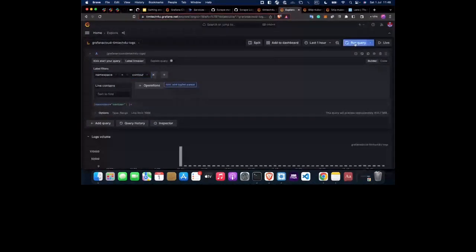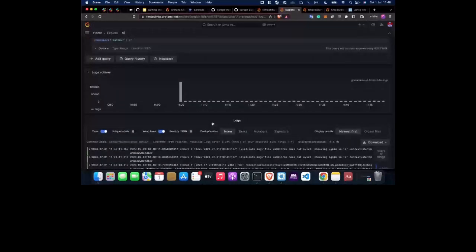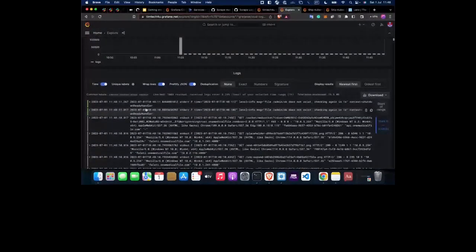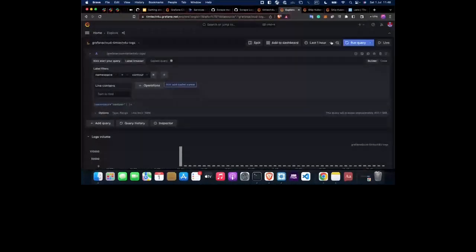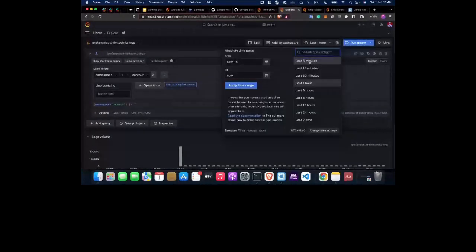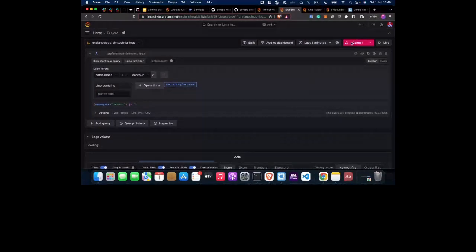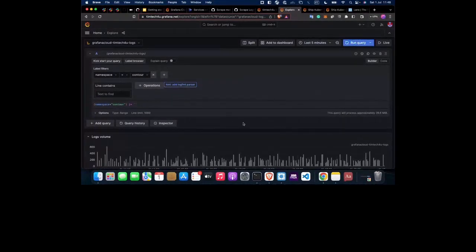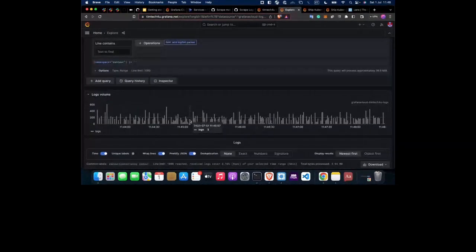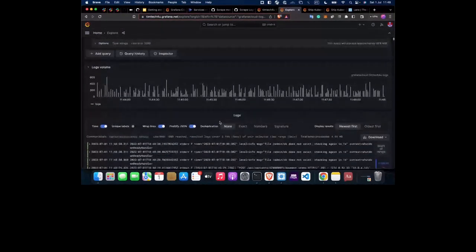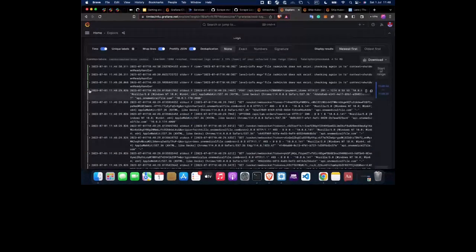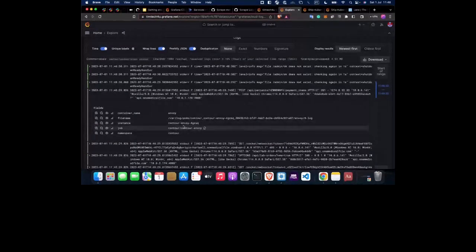So basically, I'm getting all the logs for a particular namespace, and you can see that the logs are showing down here. Grafana has a nice UI, so you can make this JSON better. You can change the logs and select a particular duration. So let's say the logs in the last 5 minutes, right? In this namespace, and you can see that there's a small dashboard showing you the volume of logs that are coming in. We can also drop down any of them here to see the information coming from that one,